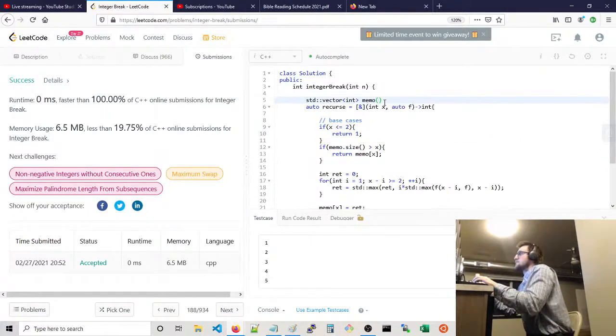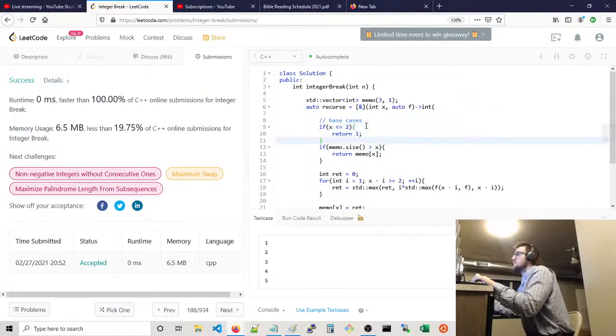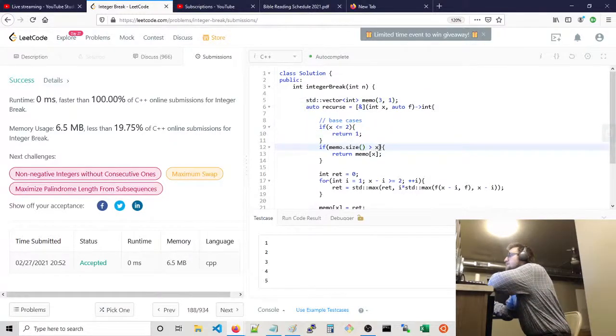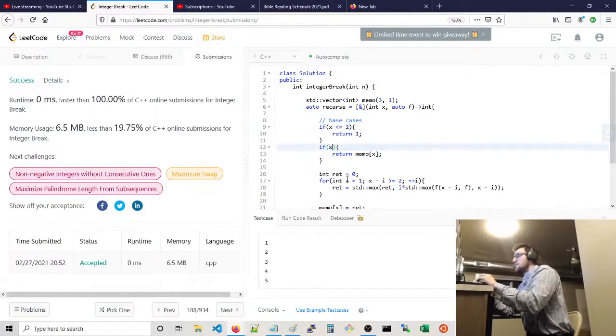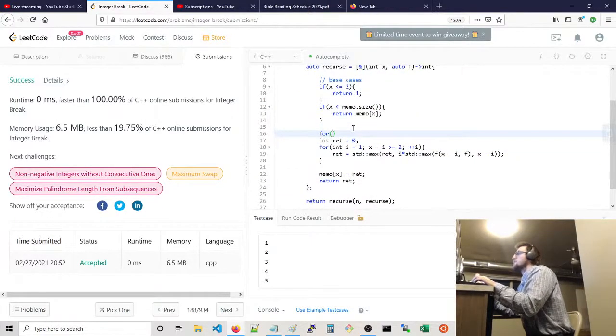we want to, of 2 should be 1. Actually, no, we do want to go back to these 2. Yeah, so if x is less than memo size, then we can return that. And we're going to say for, yeah, we'll do